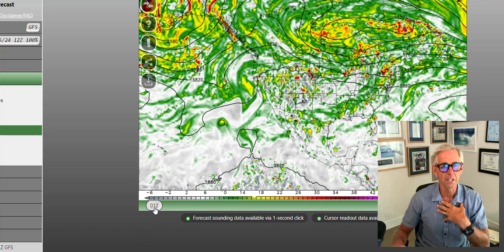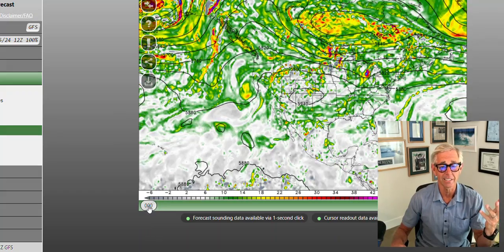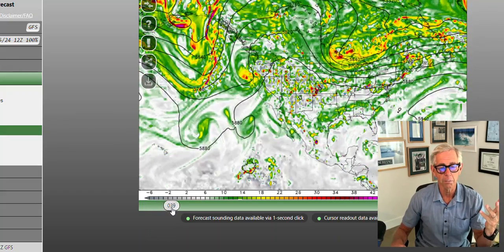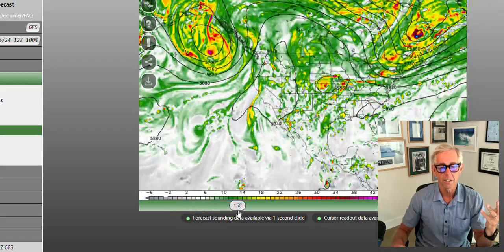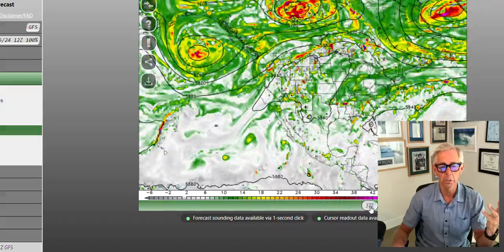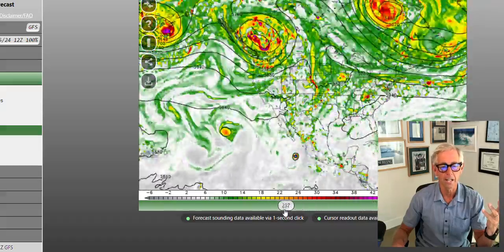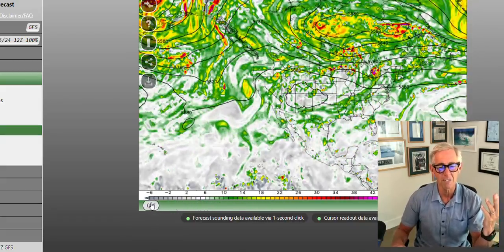I personally believe the planet's alive. I just do. I'm not a religious guy, but I just go, yeah, look at this thing breathe. This is the planet Earth. This is the northern hemisphere, a portion of it. This is over the next so many days. This thing is a living, breathing organism, for crying out loud, right? How do you not see that? I mean, you know that, but it's just when you see it in fast motion like that,